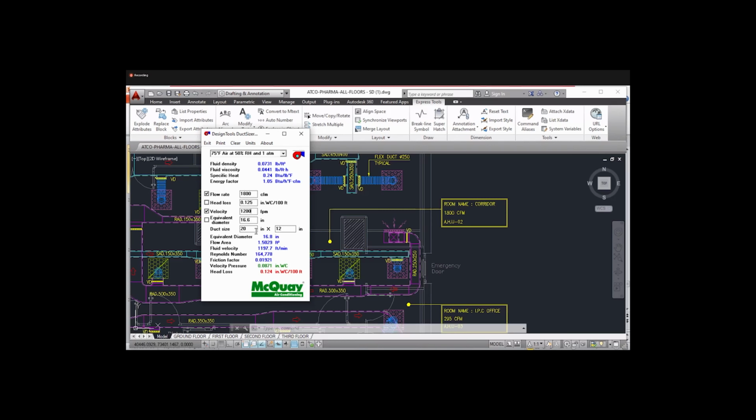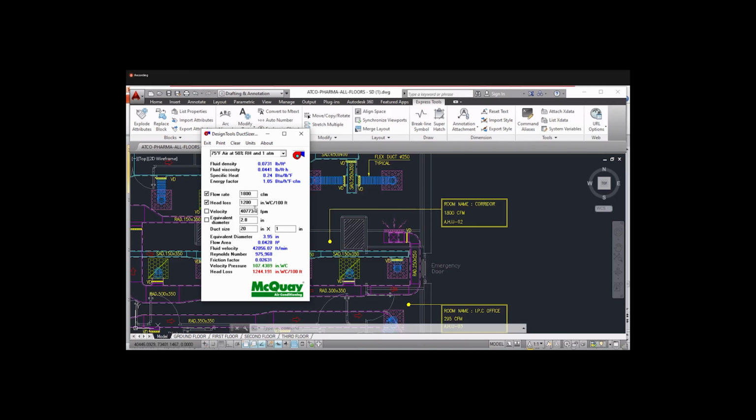So what is the head loss? 0.125. Okay, so we will use here 1000.